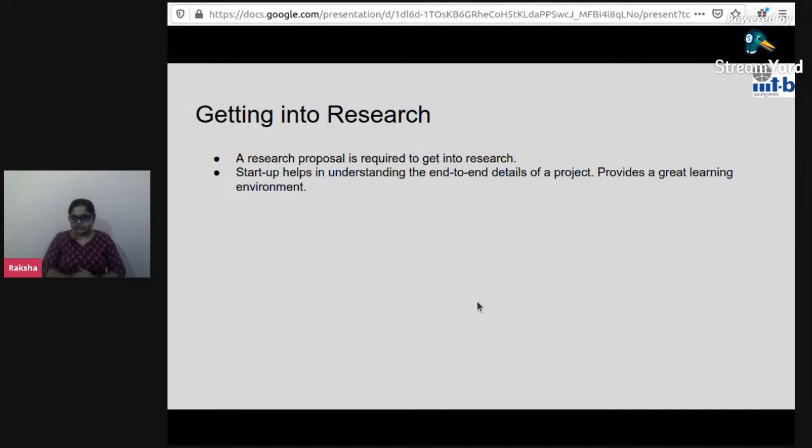So I definitely would suggest people, if you have a choice, definitely go for a startup, because there's a lot of learning to do. And I was never bothered about how much money I am getting, as long as I can sustain myself. I was more concerned about what I'm learning. So that startup experience gave me a lot of confidence